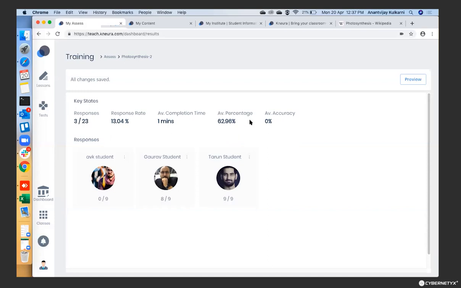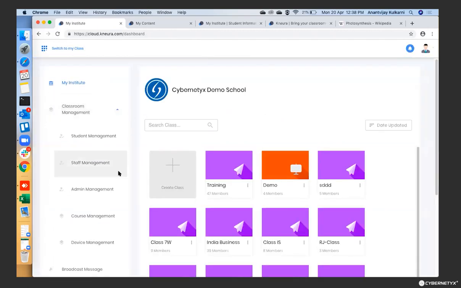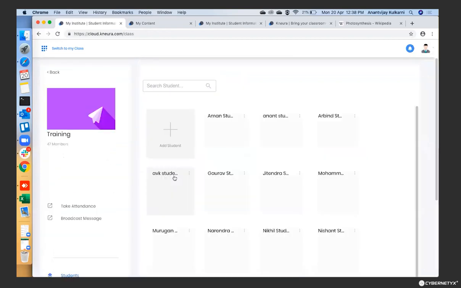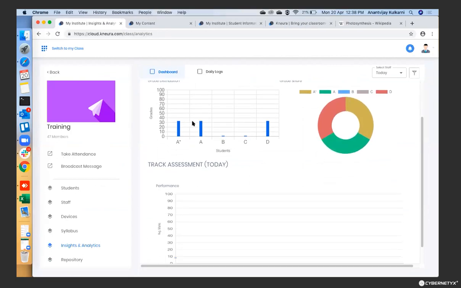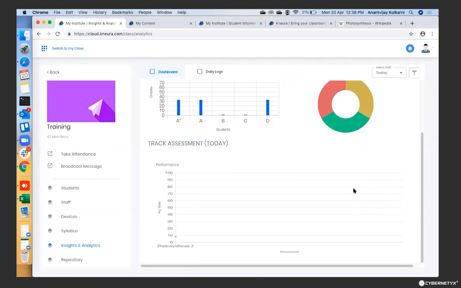Now as you keep taking these assessments, all this data is fed to our insights and analytics for each of those classes. So over a period of time, the admin will get to know the insights and analytics about this. So now let's go back to that part quickly. I think we are already nearing the completion, so I'll not take much time. We'll just quickly show you, for example, this training class, and where this gets captured. As and when the assessments progress, you'll notice the percentage of students who got A+, the percentage of students who got A grade, the percentage of students who got D grade. And similarly, you'll also notice the other graph that gets populated over a period of time.